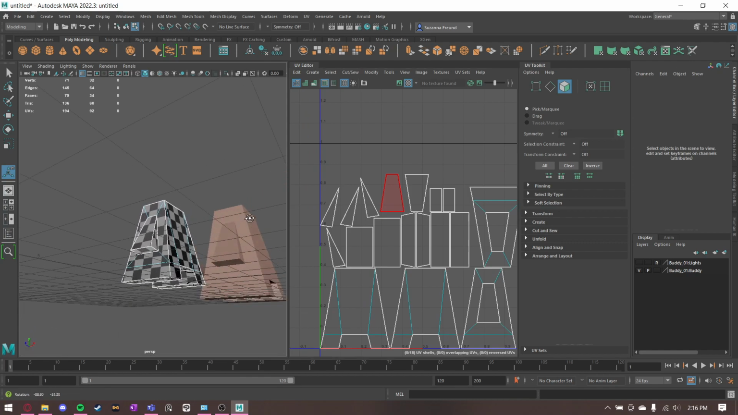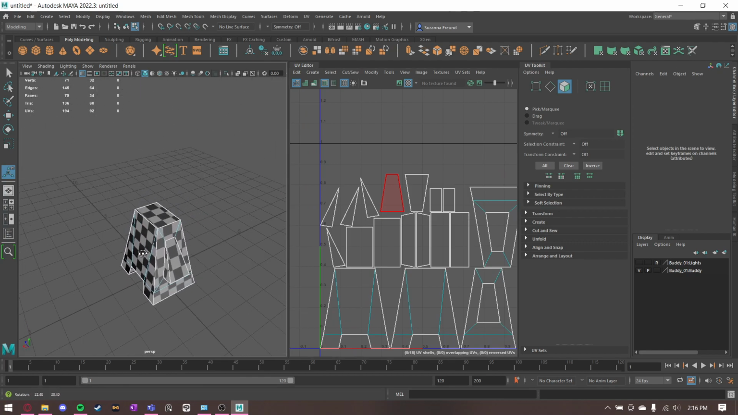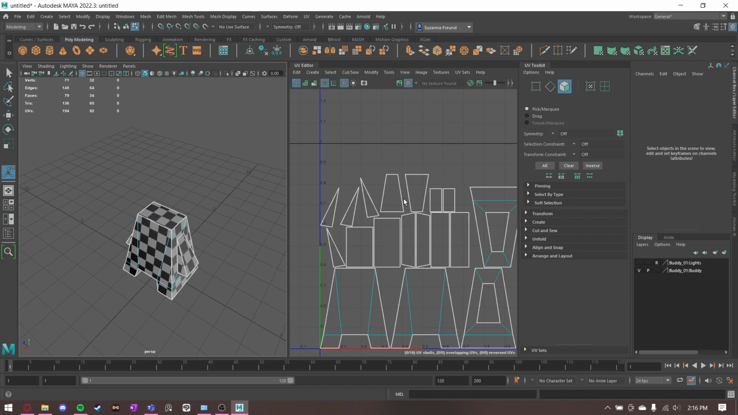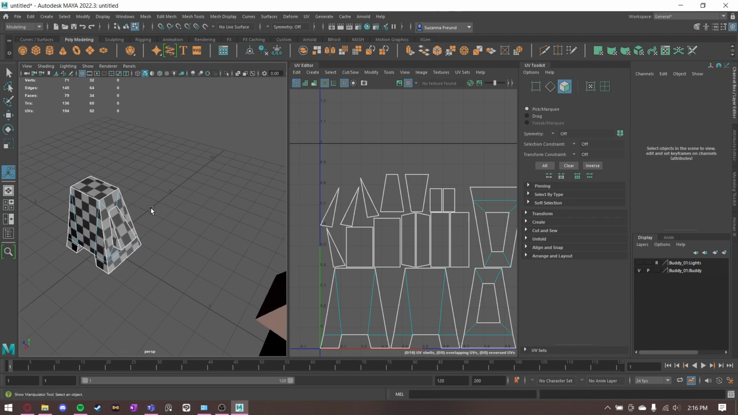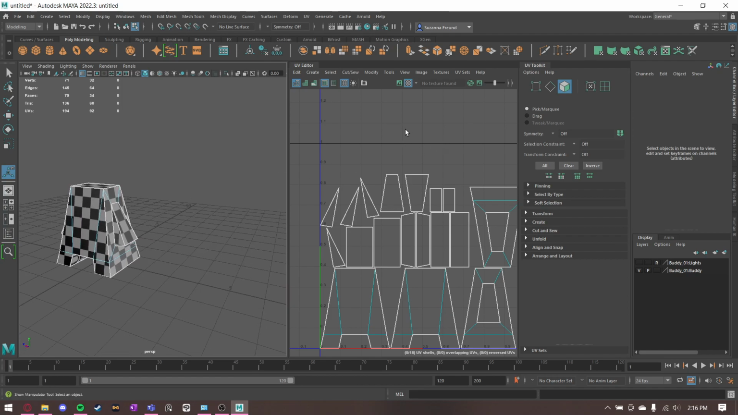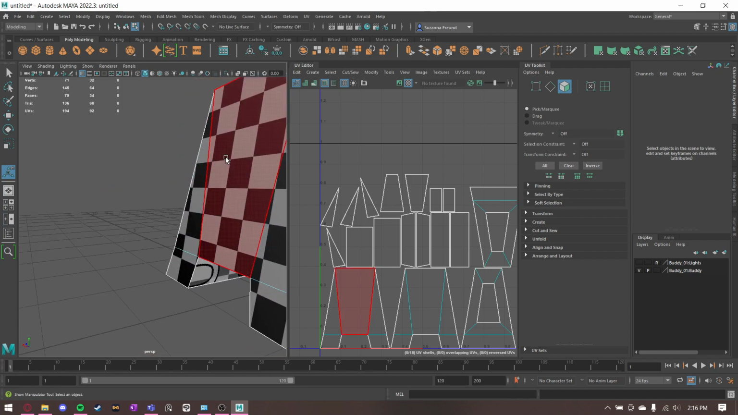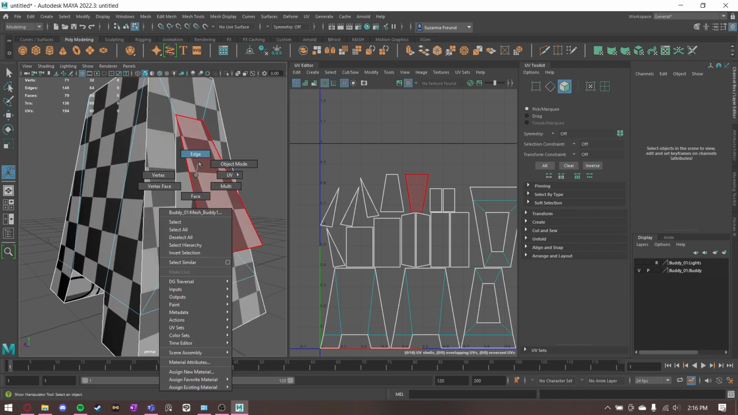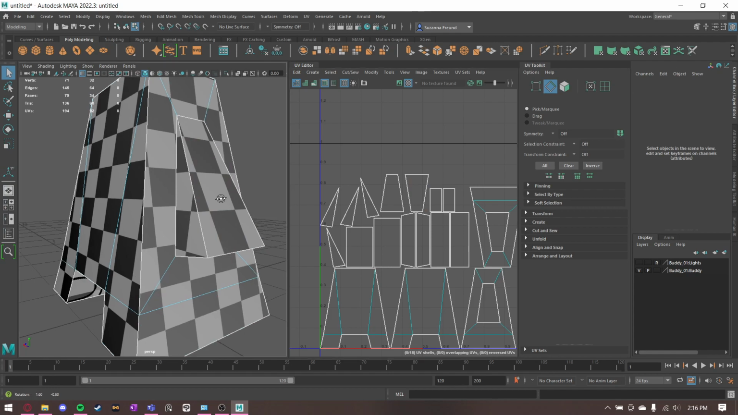If you've ever seen something in a video game where the pattern on a wall or something suddenly gets changed, that's because they had an unfortunate thing that they were UV mapping. So I'm going to cut and sew a lot of these edges here. So I'm going to go into edge selection mode, and